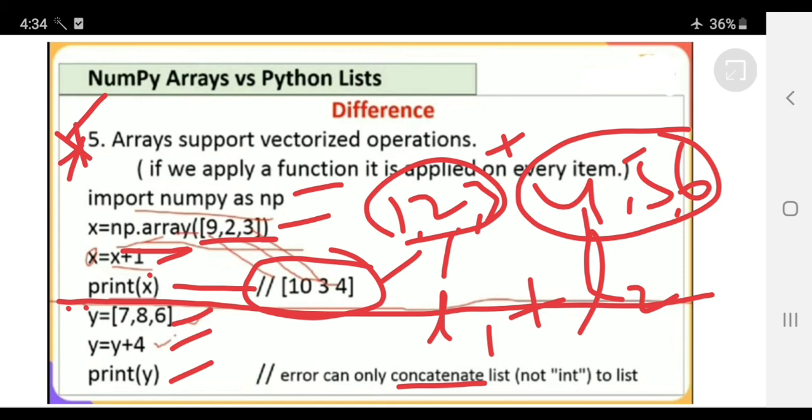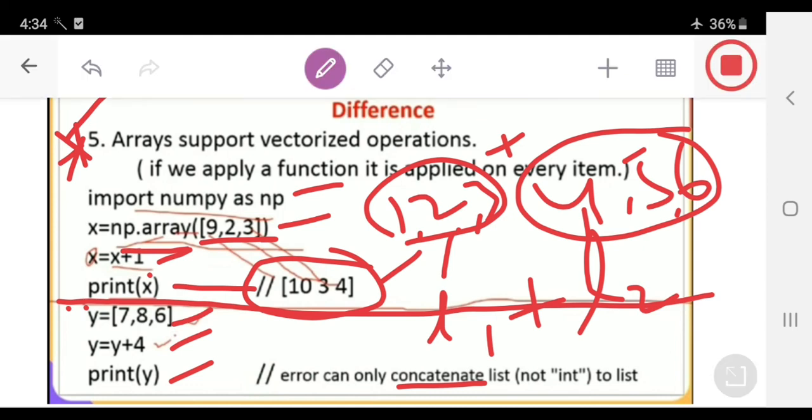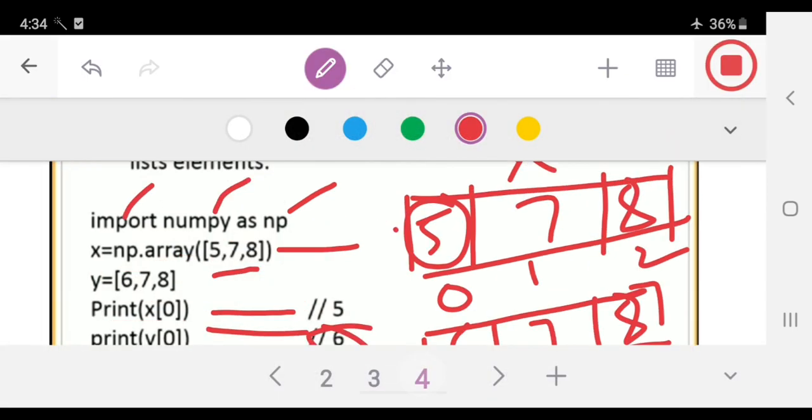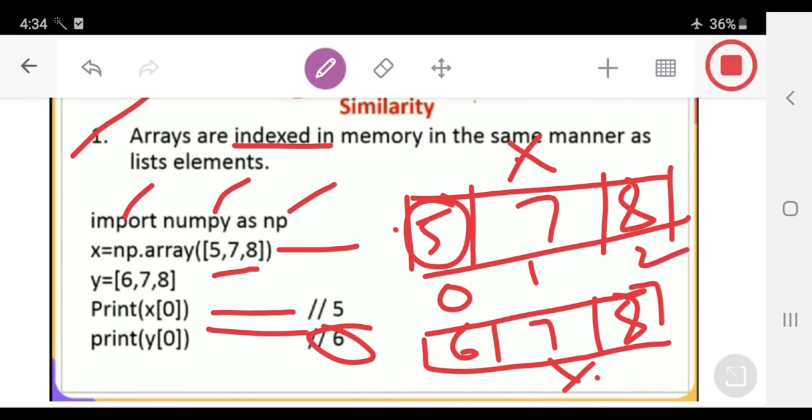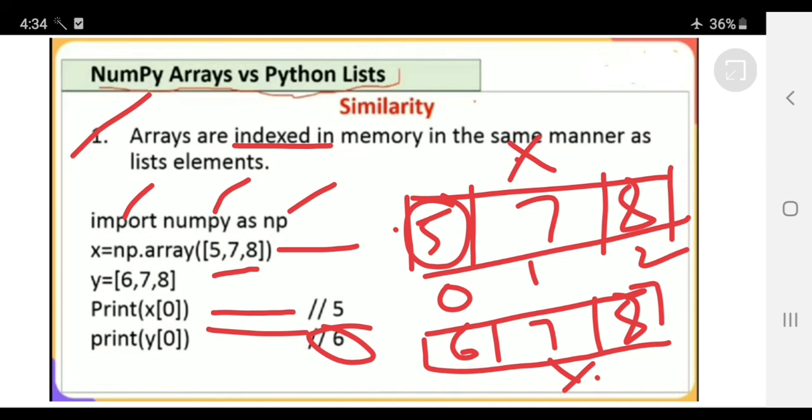Whereas in arrays, vectorized operations are supported. Whenever you perform any operation, it will be applied to all the elements in the array. That's why we are getting 10, 3, 4 in this example. We already discussed the similarities, and also the differences. Once again we will recap all the differences.